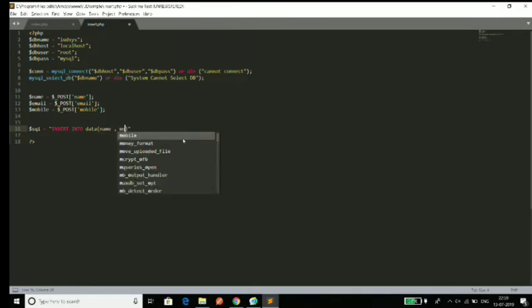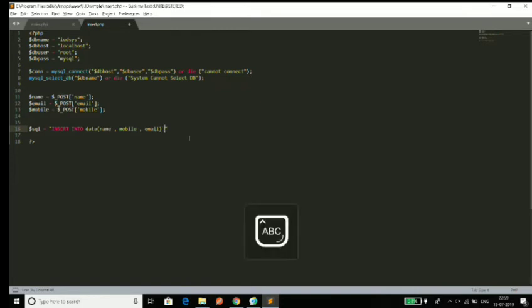So guys, we are adding here the names of the columns where we are trying to insert data. After that we have to write the values, and inside the values we have to write the form data, what we are using as variables. So add here the data, name,